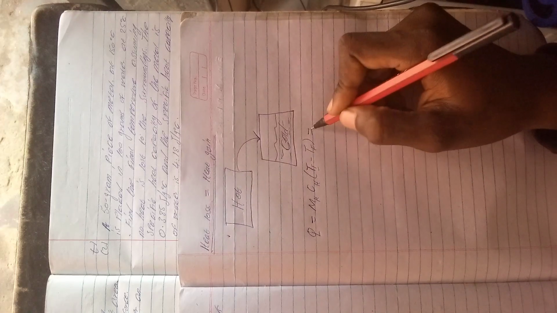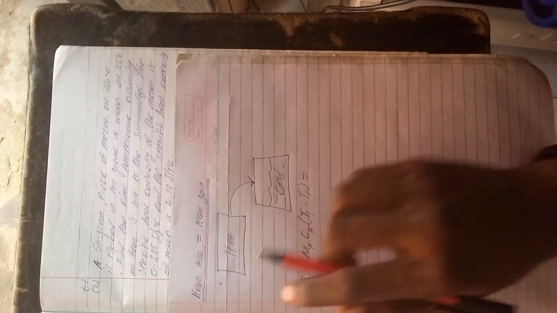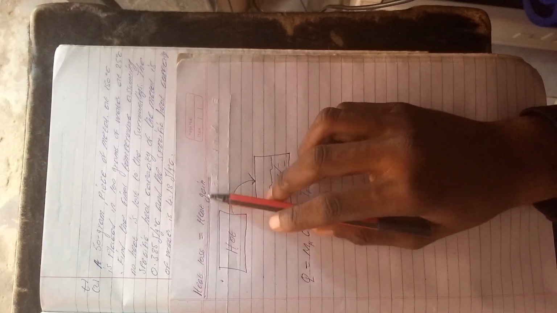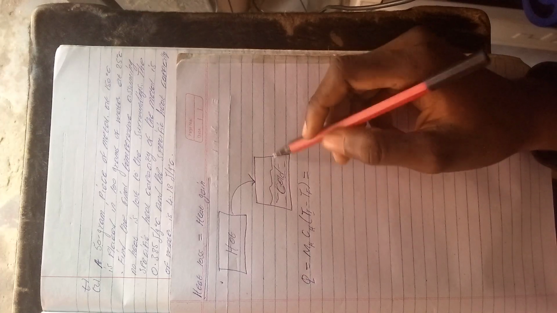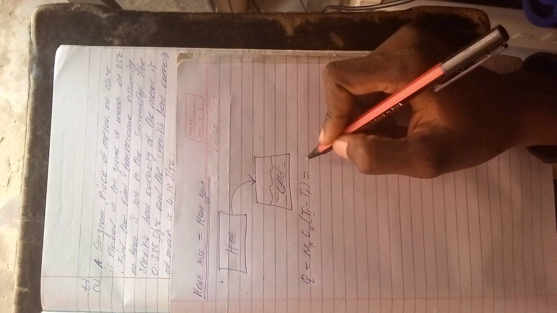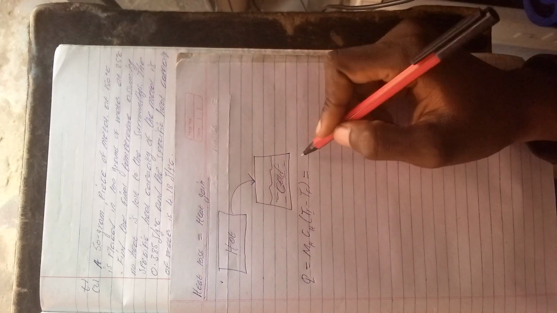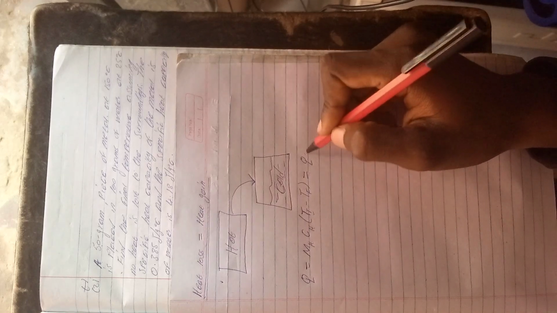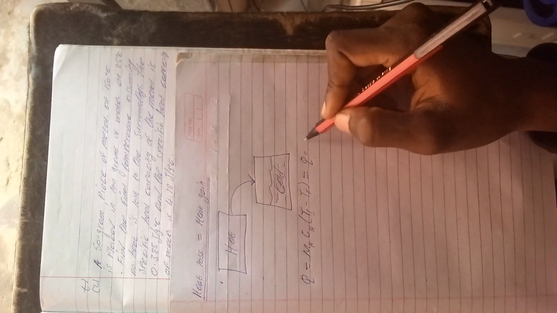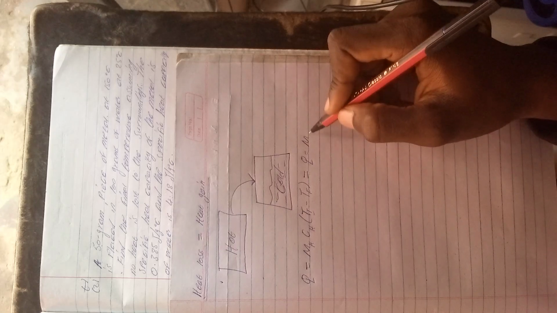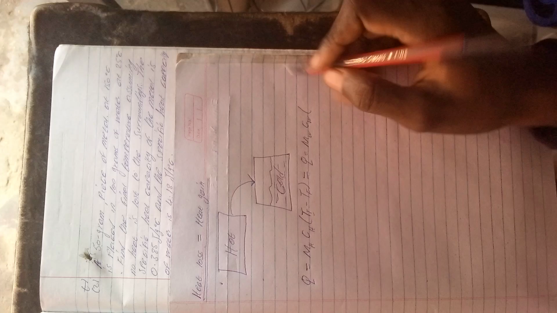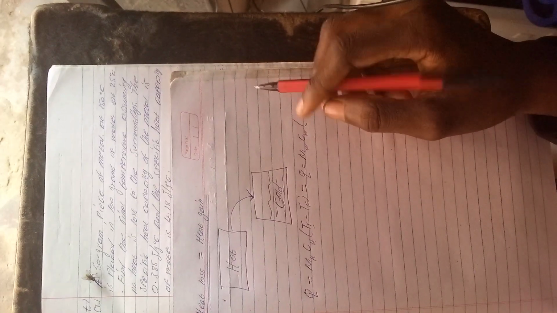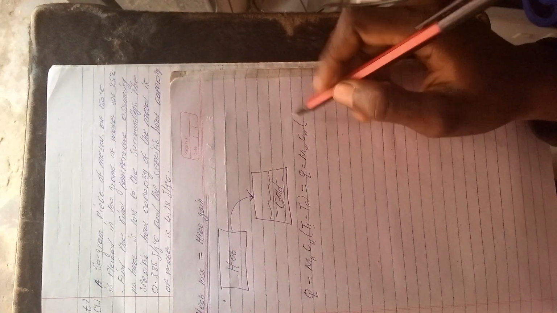Then you equate it. Remember, heat loss is equal to heat gain, meaning there has to be an equilibrium. So equate it to the quantity of heat of the cold water, which is Q equal to the mass of water times the specific heat capacity of water, open bracket,